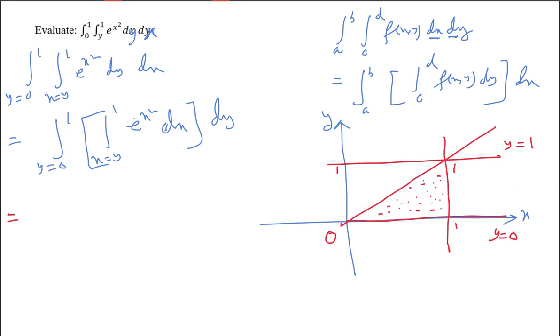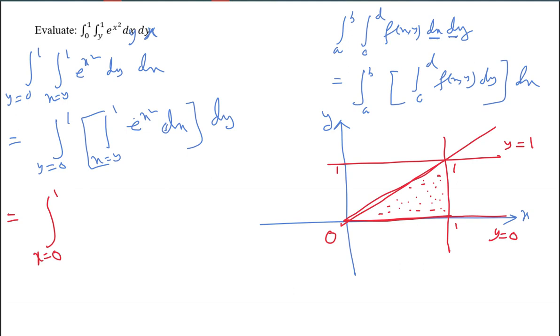Okay, so I can write, first I would like to integrate with respect to y, so I would like to change the limit with respect to x. I can write the same region as x is equal to 0 to 1, no issue, x is equal to 0 to 1. And y from this line to this line, that is from y is equal to 0 to y is equal to x.